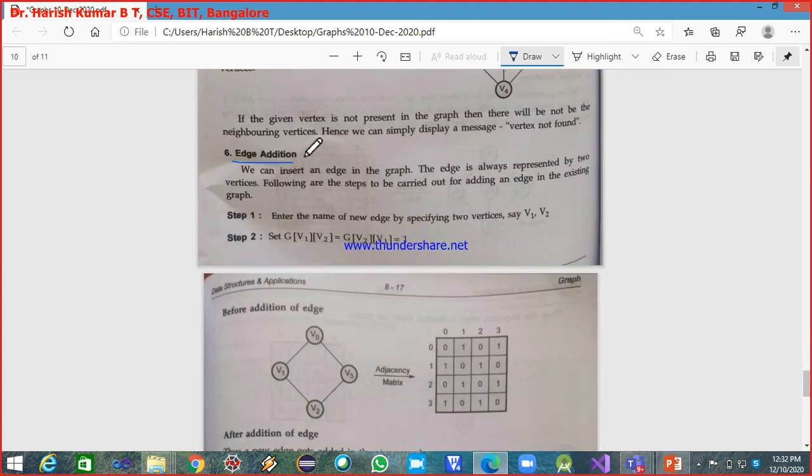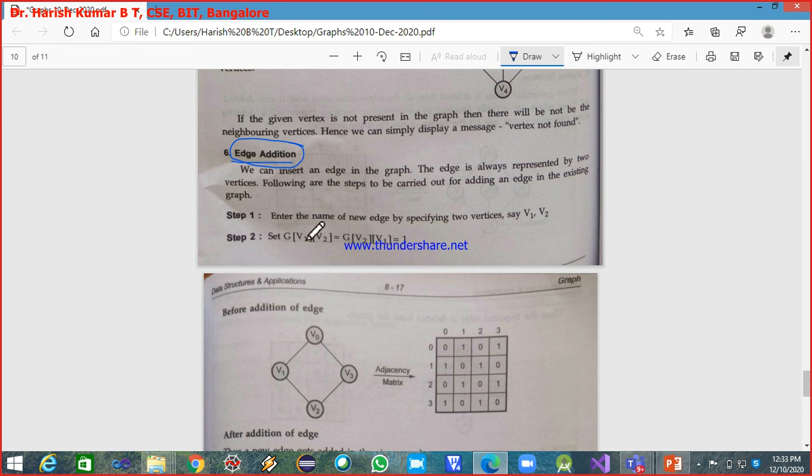Now, how to add a new edge? Say for example I add an edge. Here I am writing, enter the name of the new edge by specifying the vertices, say v1 v2. So from v1 to v2, there is already an edge.